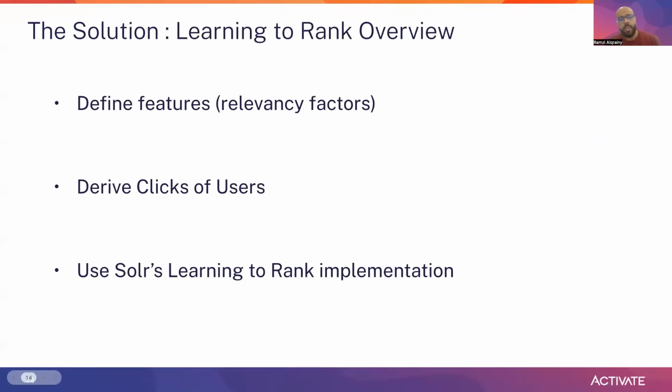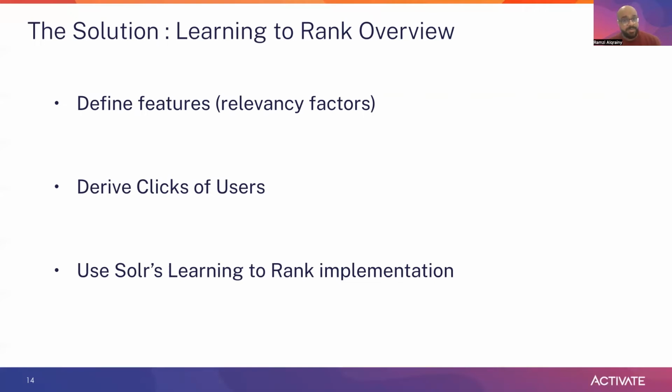So one of the ways with Solr to address this problem of relevance is through an algorithm called learning to rank. Learning to rank is a machine learning technique where we teach the computer how to rank items. We do this by choosing features, which you can think of as relevancy factors that we think the algorithm should weight and tune. We also need a source of ground truth, or order. One source of this is user behavior.